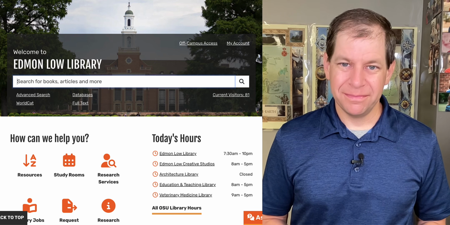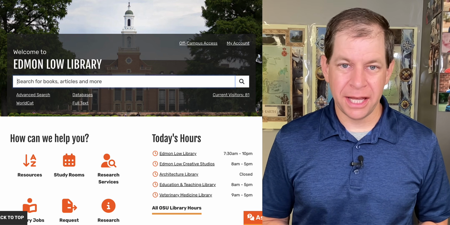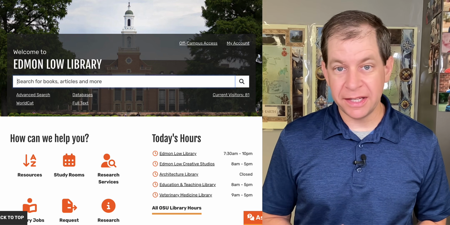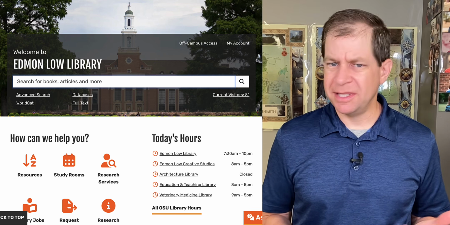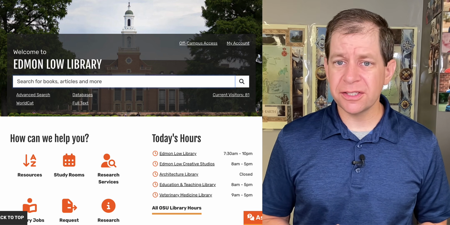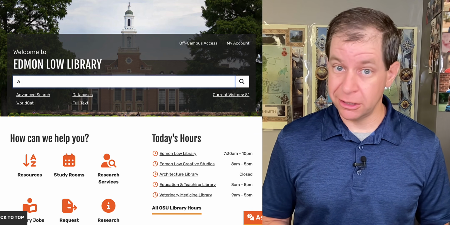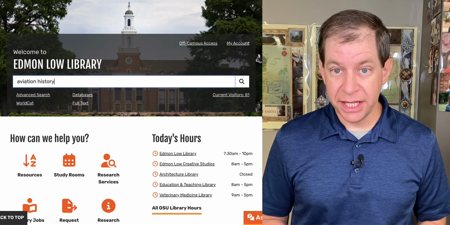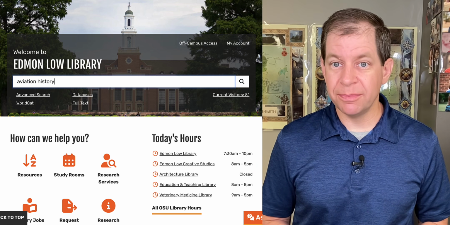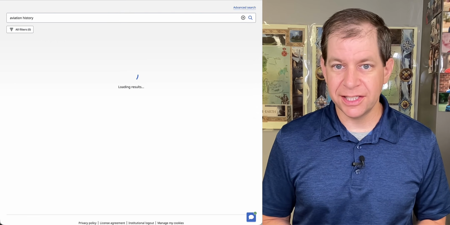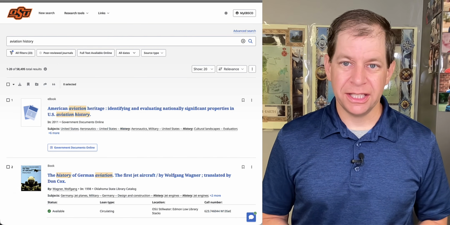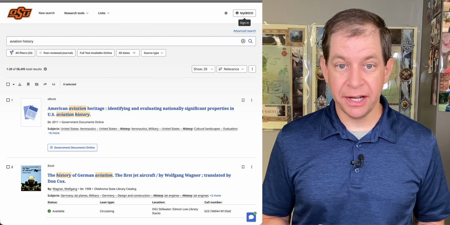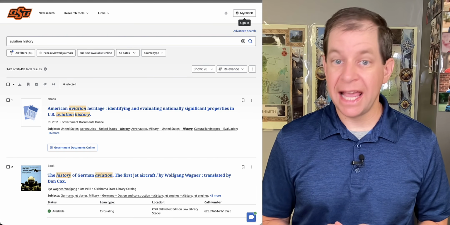For example, let's say you're a student doing a research project on the history of aviation. You don't have a specific article in mind, but your professor said you need to find a peer-reviewed journal article. You can start by typing aviation history in the text box and then press enter or click the magnifying glass to perform your search. The next screen shows all the items in the library catalog that match the keywords aviation